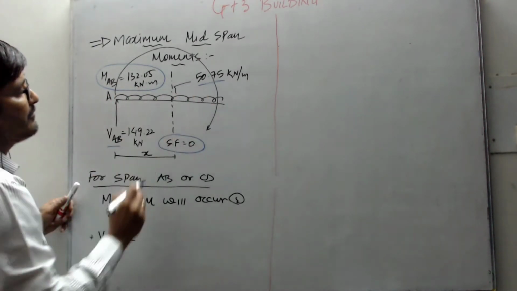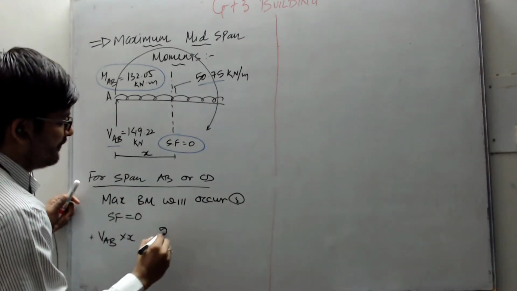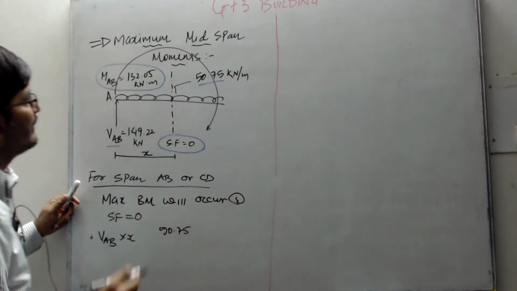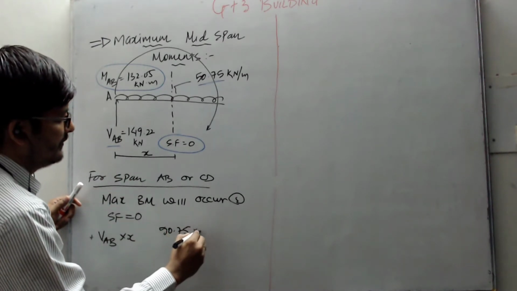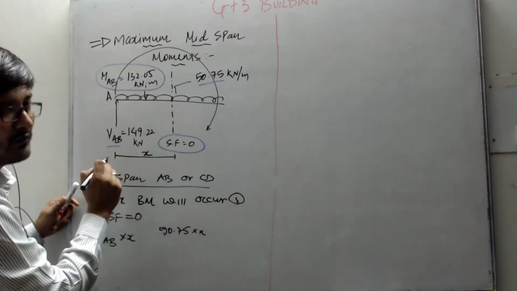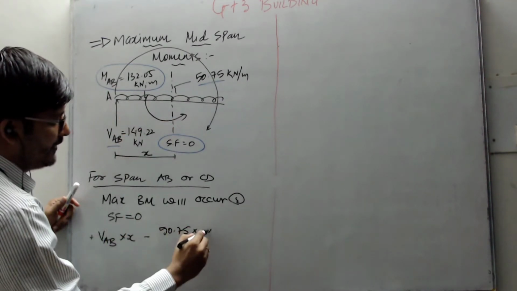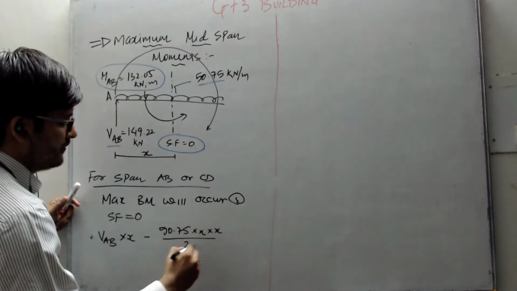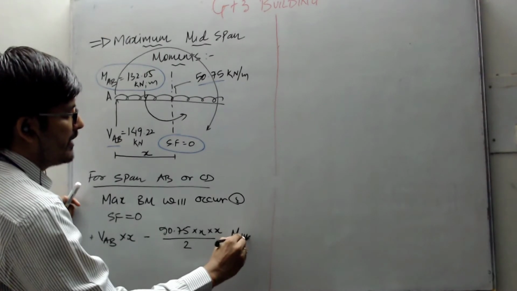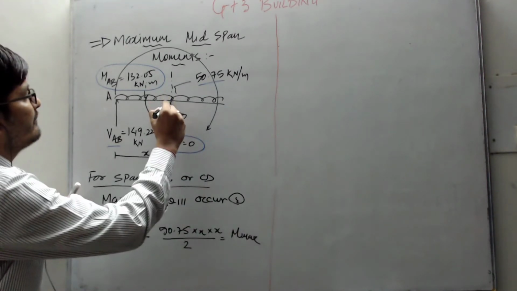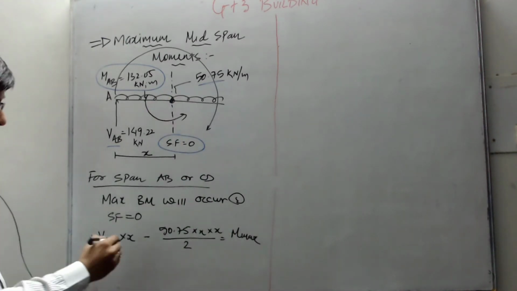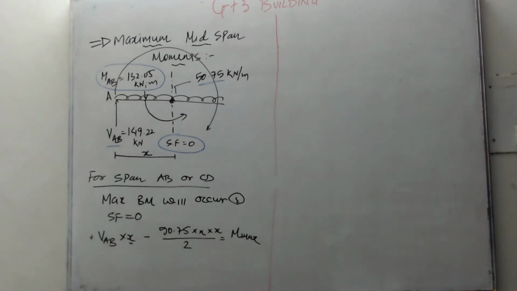50.75 multiplied by x into x by 2. If we consider it as a point load, this will be acting anti-clockwise, so this will be minus, into x divided by 2. This will be my maximum bending moment at this point. Now in this we do not know the value of x. So how to calculate the value of x? To calculate the value of x, we need to equate the shear force with the point load of the UDL. So let us equate that.